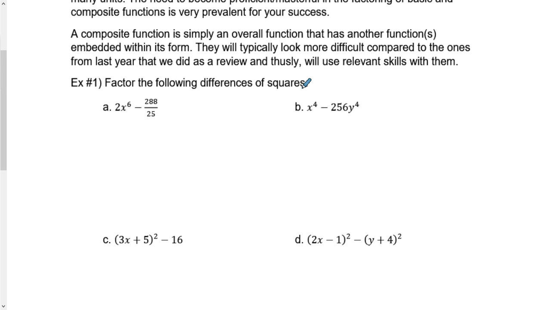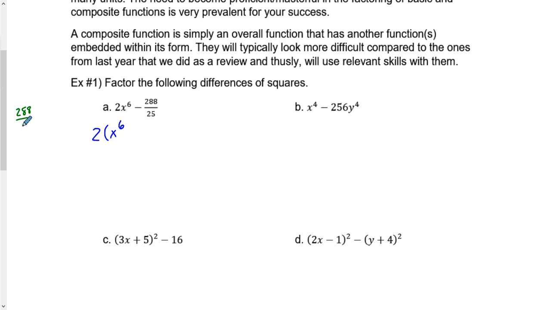So in our first one, we're going to factor some difference of squares. In this one, we have 2x to the power 6 subtracting 288 over 25. Now, it may not look completely intuitive, but we can actually factor a 2 out of each of these terms. When we factor a 2 out of 2x to the power 6, we'll be left with x to the power 6. When we factor a 2 out of 288 over 25,